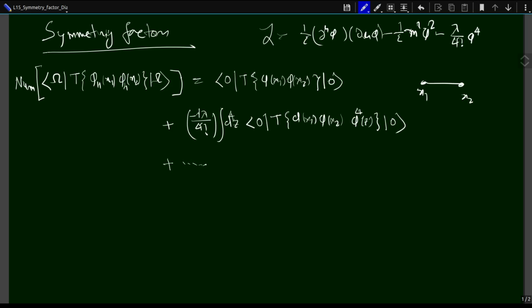Okay, so what is this diagrammatically in terms of all possible contractions? You see there are 6 fields over here, one of them at x1, another one at x2, and 4 of them at z. When it comes to time ordering, it really doesn't matter how to order these 4 because all of them are at the same time. So when it comes to all pairwise contractions,